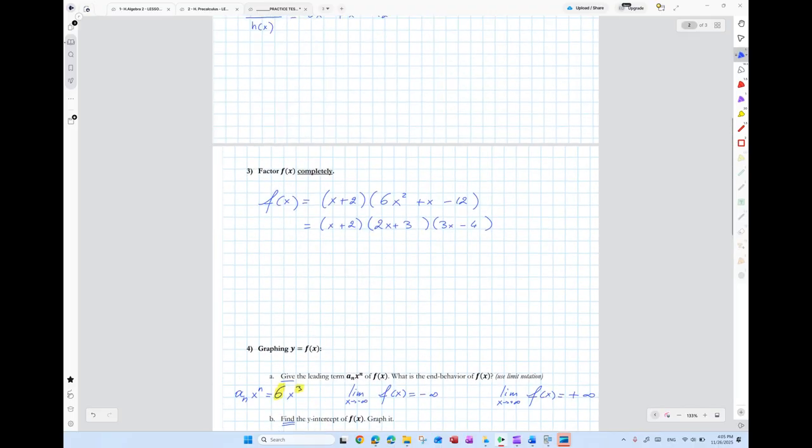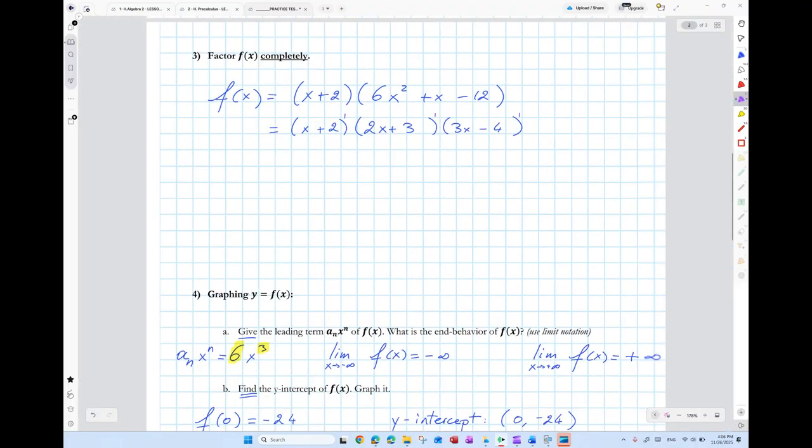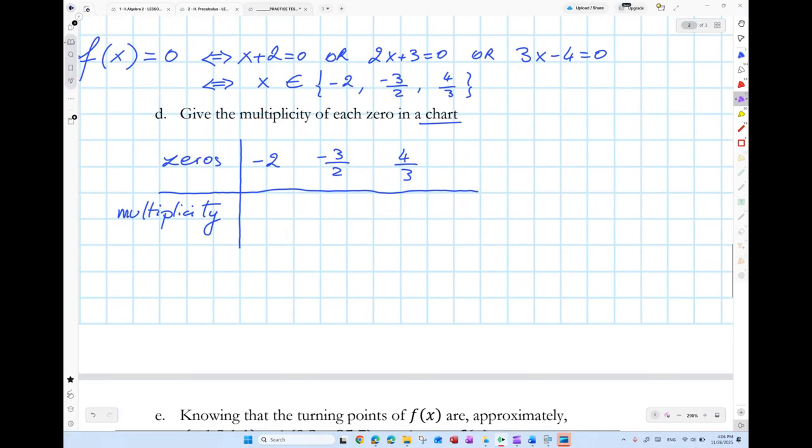Now, if I refer once again to the factored form, I can see that each corresponding factor of each zero has a multiplicity of 1. That means that the graph is going to cross over, go across